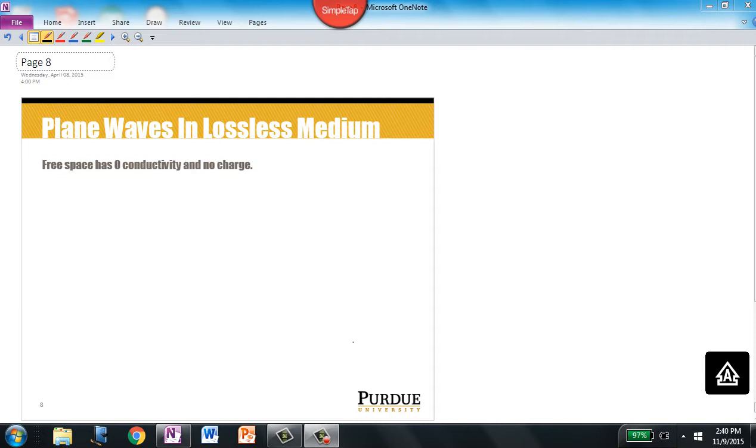Well, what's special about a vacuum is that there's no charge in a perfect vacuum because there's nothing in the vacuum. So if I were to just sum up all the charge within the volume that the plane wave is traveling in, there is no charge. So we just say that's the charge-free condition. And the other thing about a vacuum is it doesn't conduct electricity, so conductivity is also equal to 0. So these are the two properties of a lossless medium, like a vacuum, which will allow us to simplify plane